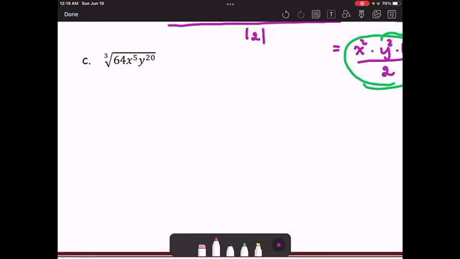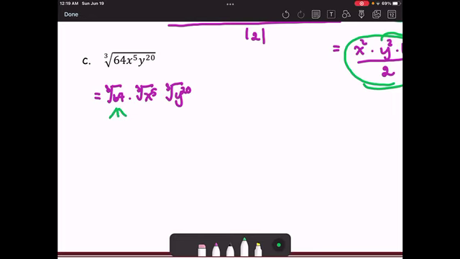For example C, we are going to simplify the cube root of 64 times x to the 5th times y to the 20th. We will apply the property that the nth root of the product is the product of the nth roots. And we write it as the third root of 64 times the third root of x to the 5th times the third root of y to the 20th. And then